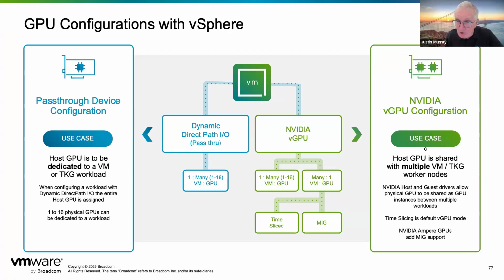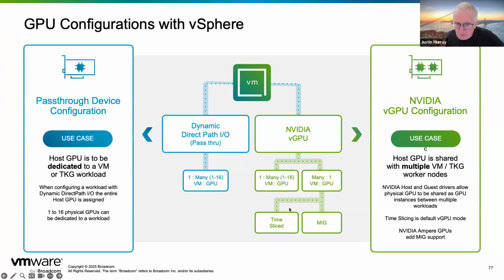And for certain smaller jobs or small inference jobs, you might split up your GPU such that many VMs are sharing one physical GPU. An H100 has got 80 gigabytes or more of memory on it now. So you could have two VMs or more sharing that H100 GPU by virtue of the fact that they're using virtual GPU profiles that you saw me using when I was using VM class.